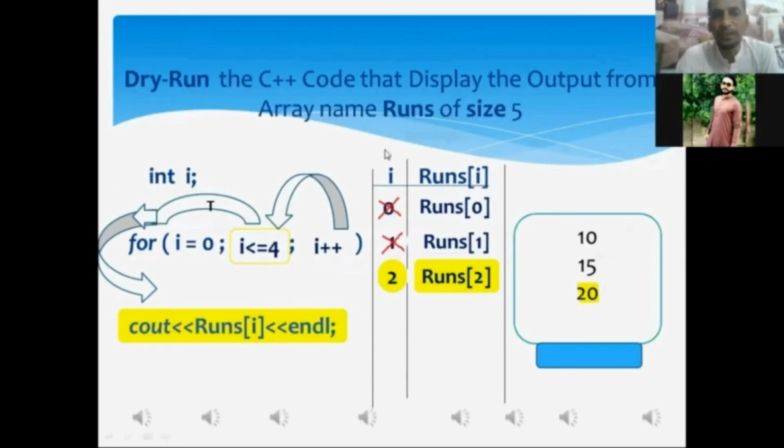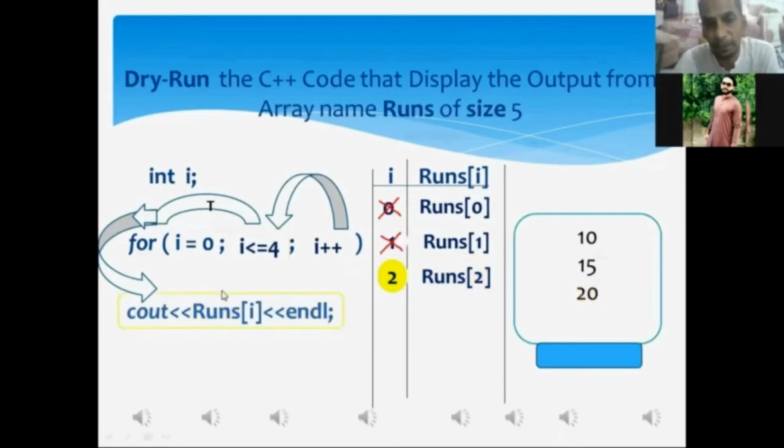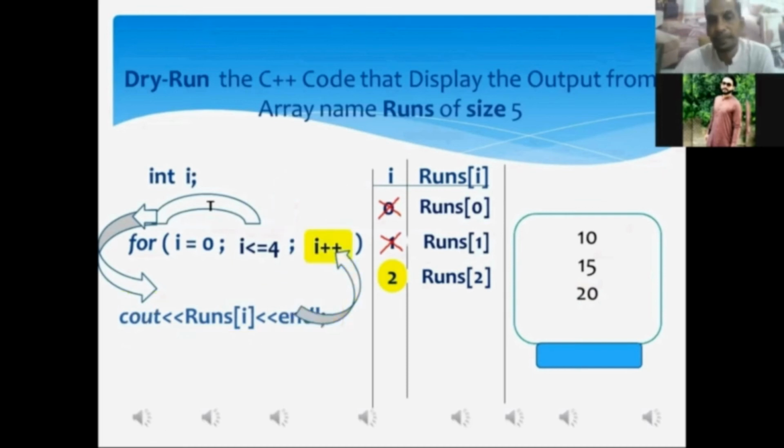After the execution of the cout statement, the for loop associated statement, the control of execution will be shifted to the increment statement in the for loop statement. And when the increment expression will be executed, that one is i plus plus, it means when you add 1 to i, what will i's current value become? 3, sir.